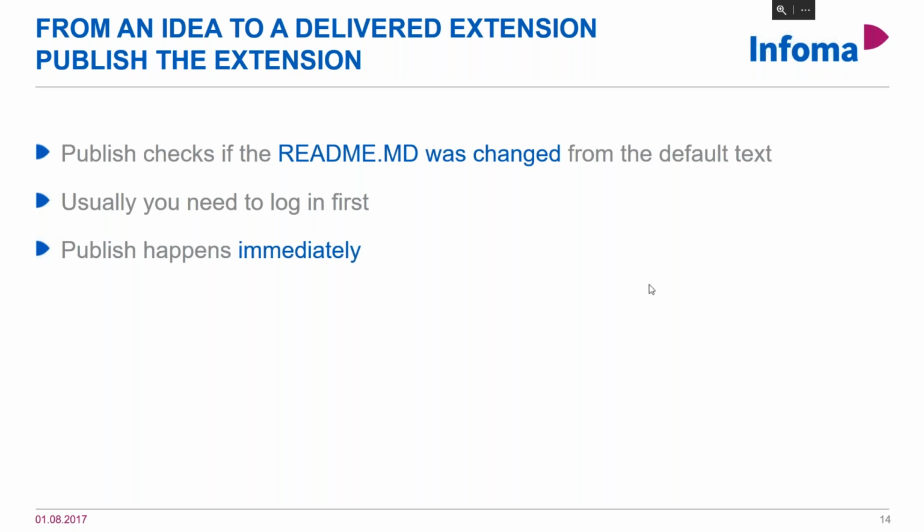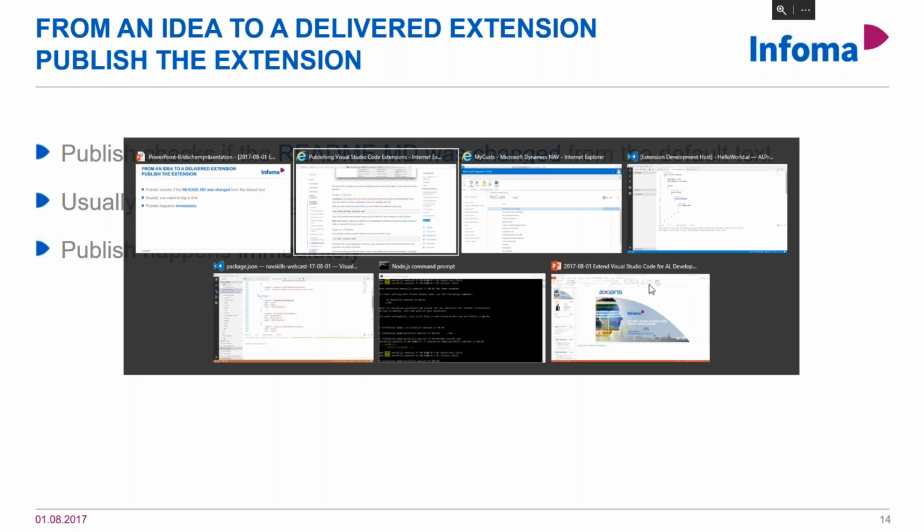So we assume that we've already done this, as is the case for me, and now we're going to publish the extension through a tool called VSCE. As I said before, the Readme MD file is going to show up in the marketplace as the first page. So it checks if the Readme file was changed.